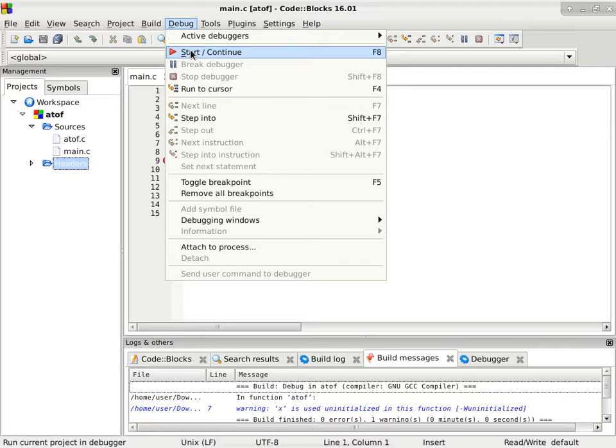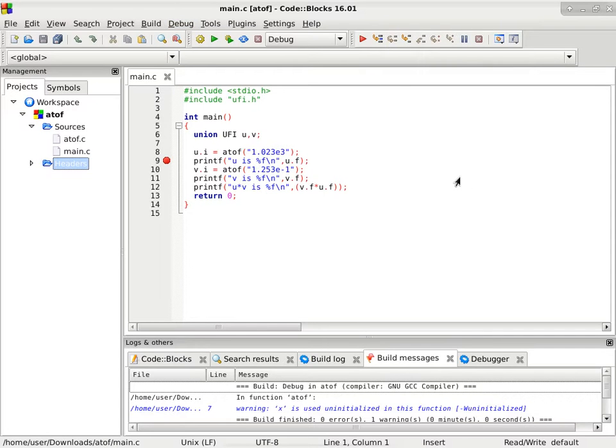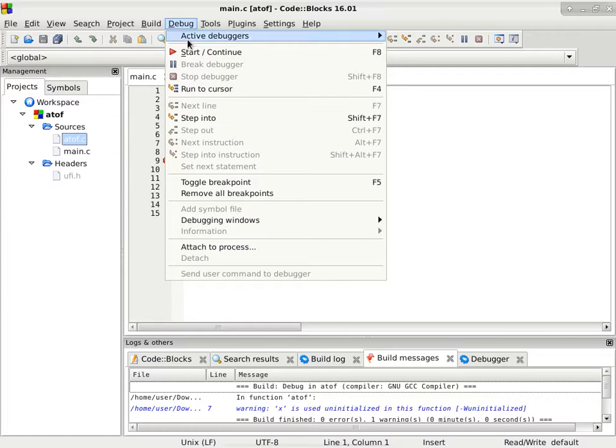The .h file is not added. So say that one more time. The file next to atof.c. What was the other file that you were talking about? The .h header file is here. Oh. Yeah, I control clicked and I included two files in one single action. Yep. So when we use it this way, you can use debug and say start or continue, and what it will do is,